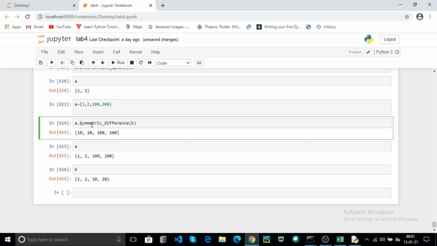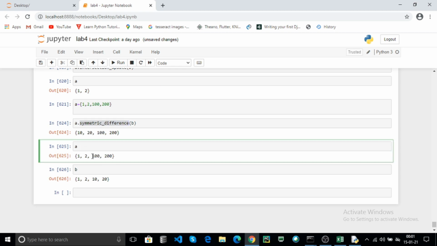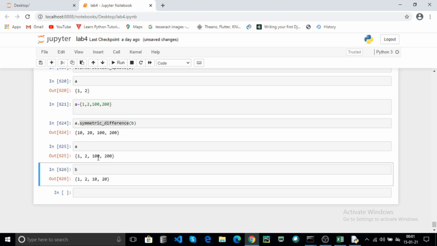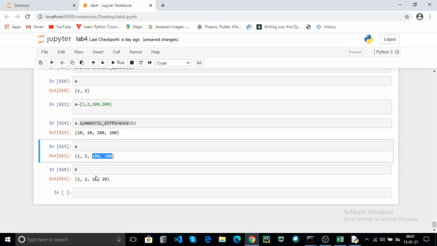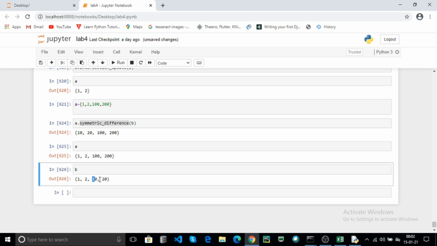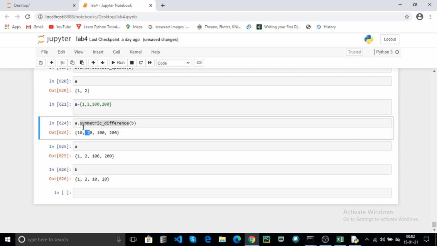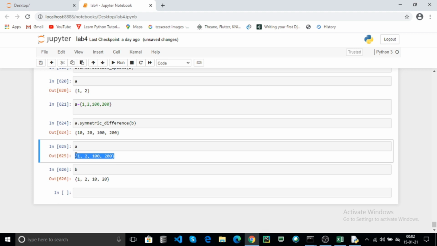Whenever you use the symmetric difference, it returns the unmatched set elements in both sets. Here the set A contains 100, 200. The set B contains 10, 20. These are the unmatched elements in both sets when you use a symmetric difference. Automatically the set elements are sorted.